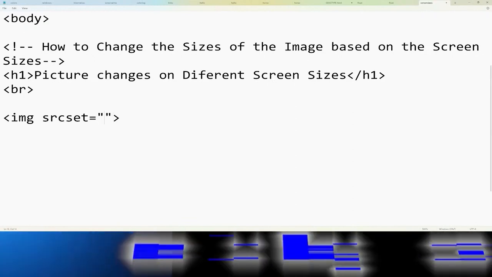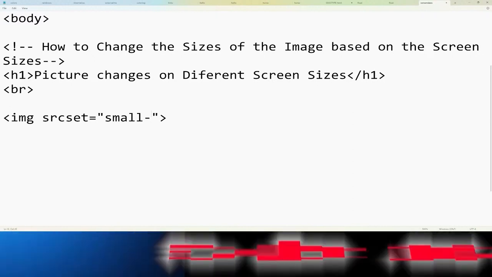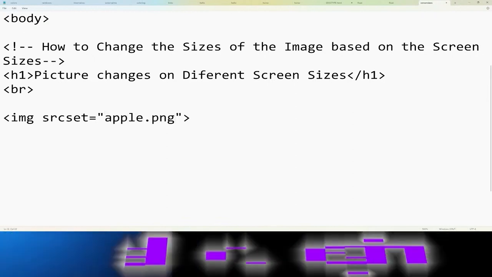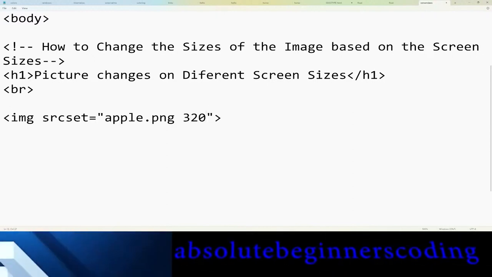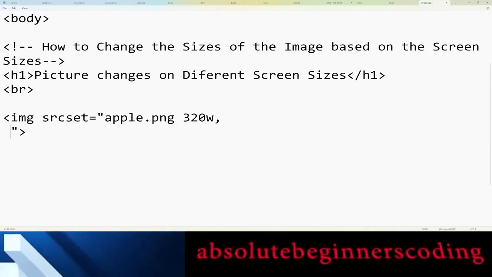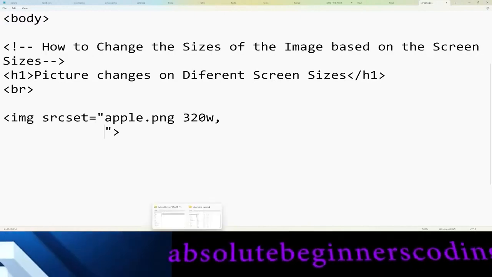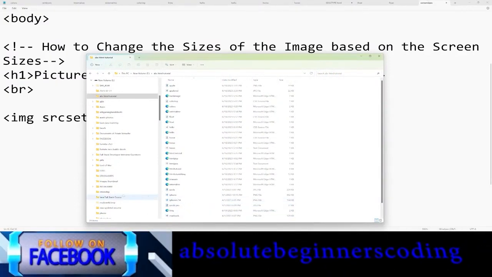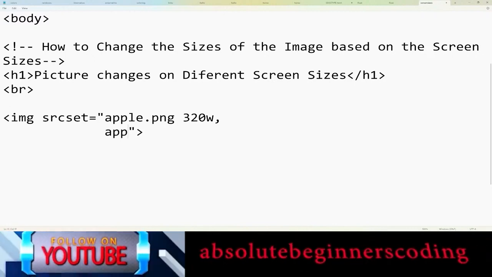equal to, and small, like apple.png for width of 320 width, and I'm going to add apple png, the other one I have, red. Okay, apple red